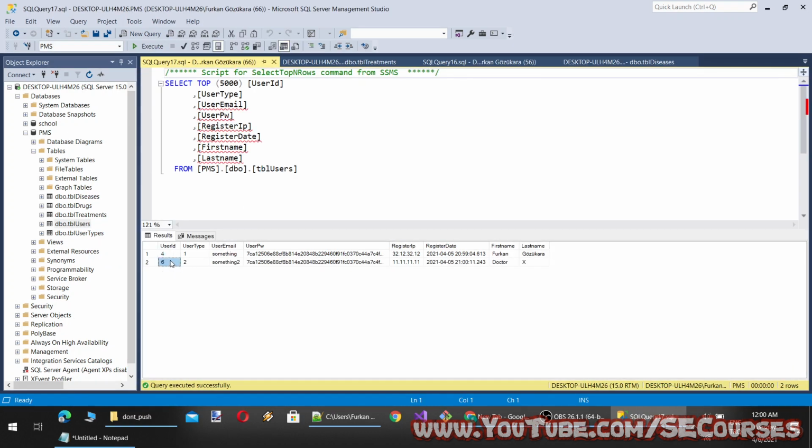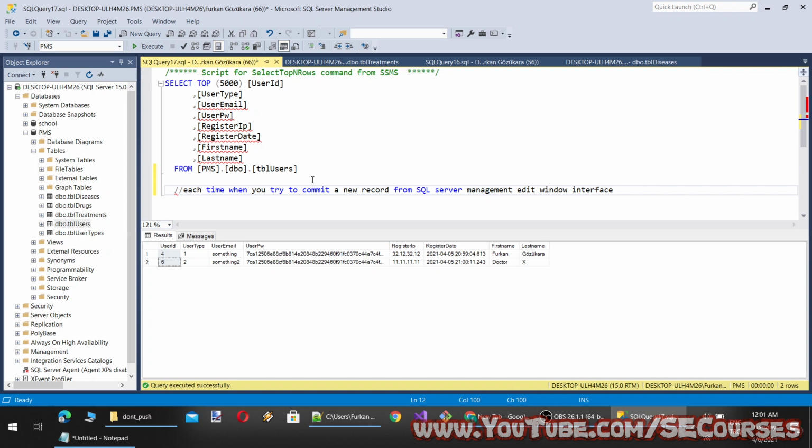Oh, you see our user IDs are different because each time when you try to commit a change from the editing window of SQL Server Management Studio and it fails, your primary key will be increased by 1.